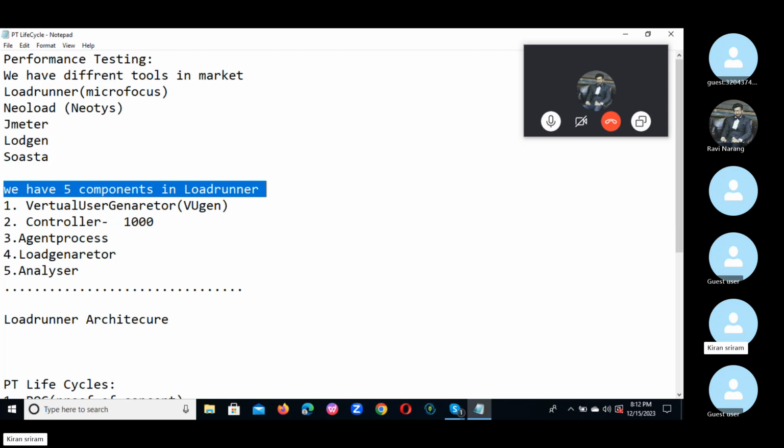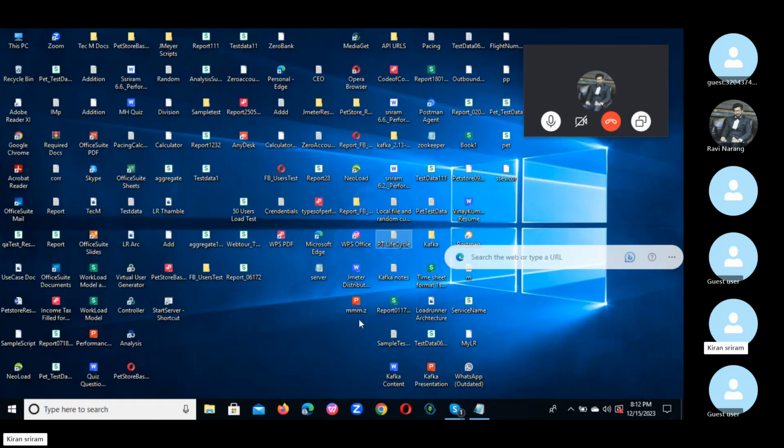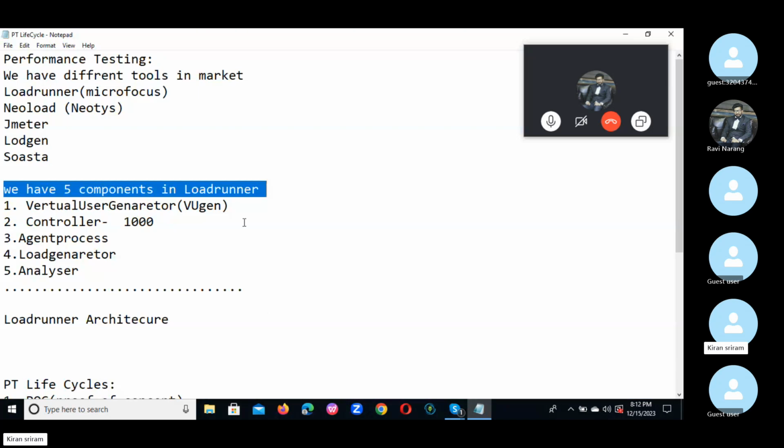For example, once you install the LoadRunner software in your system, you are able to see these components: Virtual User Generator, everyone able to see, right, and Controller and Analysis. Once we install the software, we are able to see these 3 components. Using these we can do end-to-end testing. First one is Virtual User Generator, Controller and Agent Process,